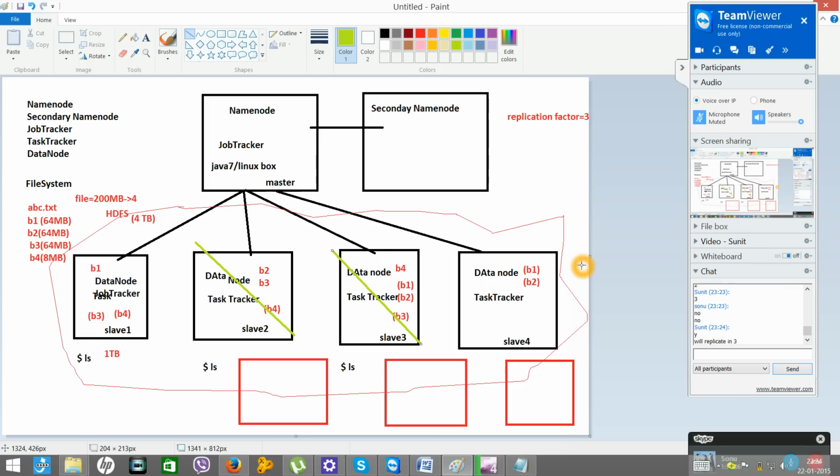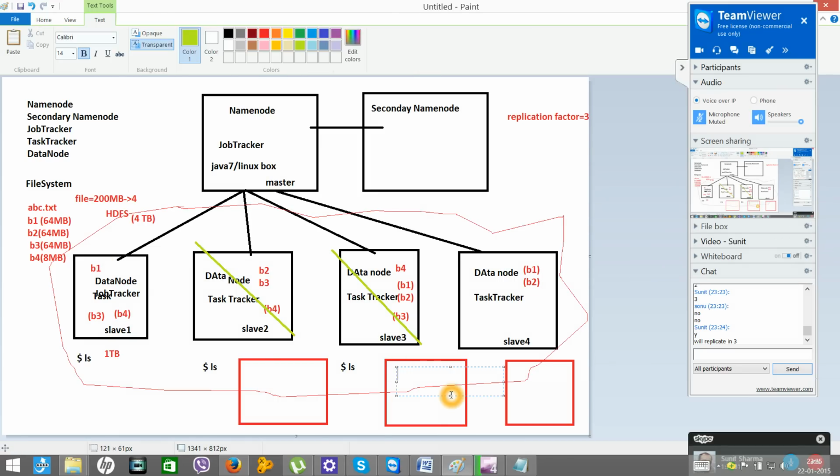Our replication factor is 3, but due to some hardware failure, B1 has only 2 copies. Now Hadoop will make an intelligent guess and automatically start copying the data from this system to any of these 3 systems. Okay, B1. Now the B1 replica is set to 3.